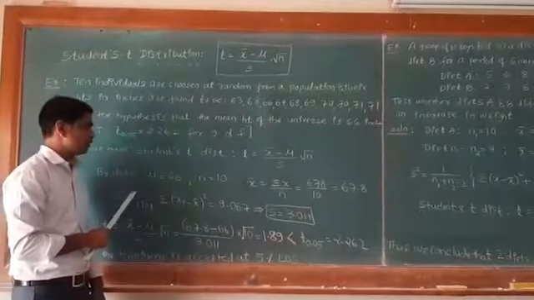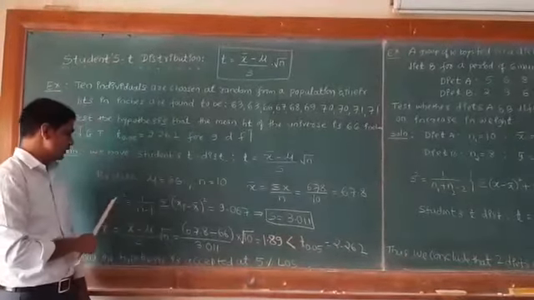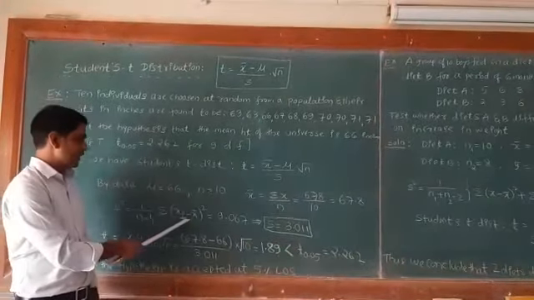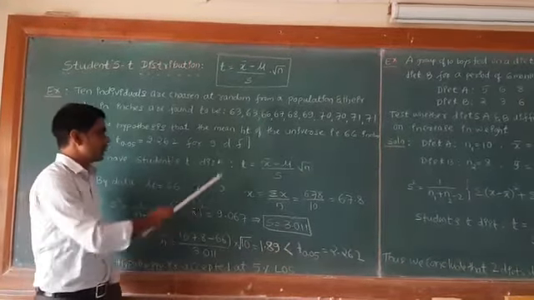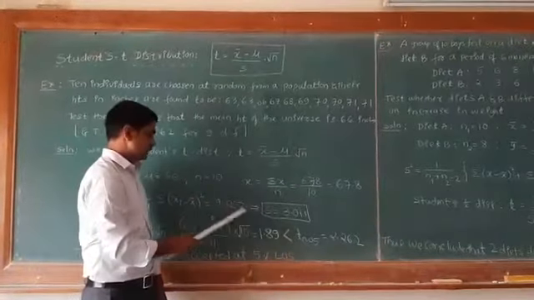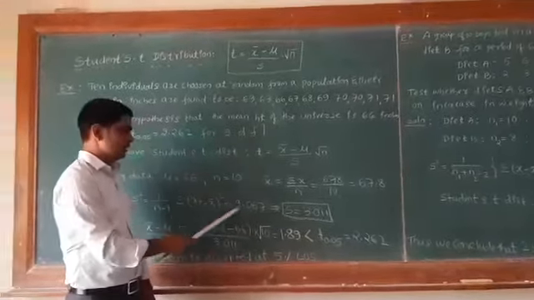Then after that calculate the s. To calculate this, we know that s square is equal to 1 divided by n minus 1, sum of xi minus x bar whole square. Xi means these are the data x1, x2, x3 and so on up to x10, minus x bar 67.8. On simplifying, s square is equal to 9.067. By using this we can get the s,